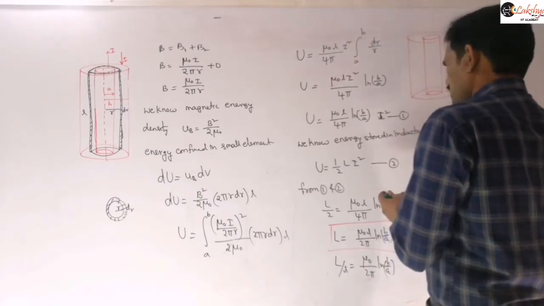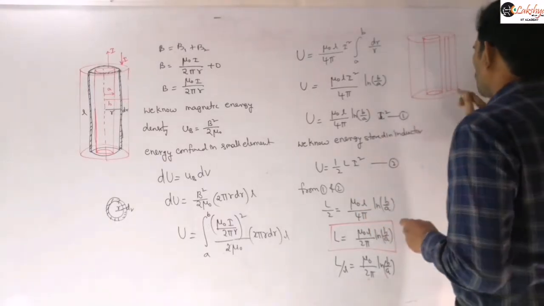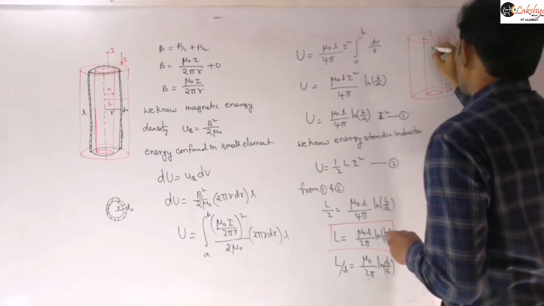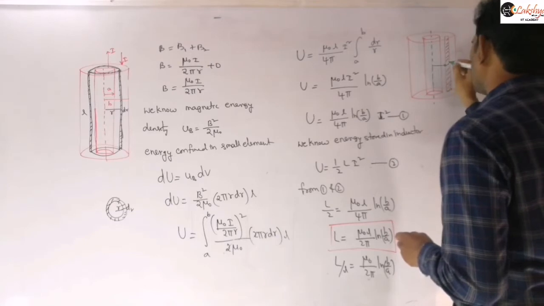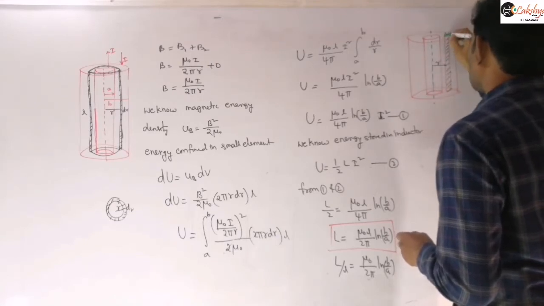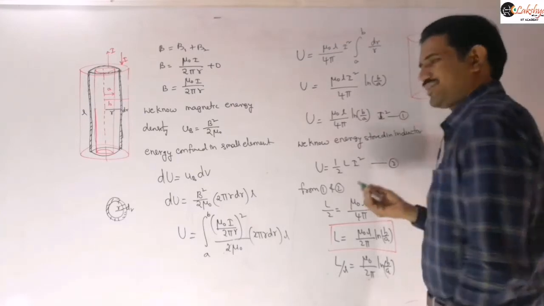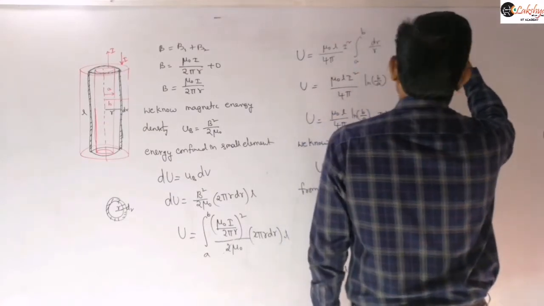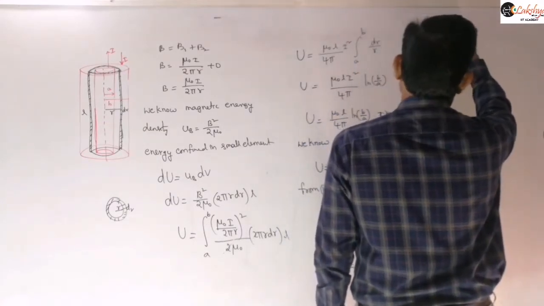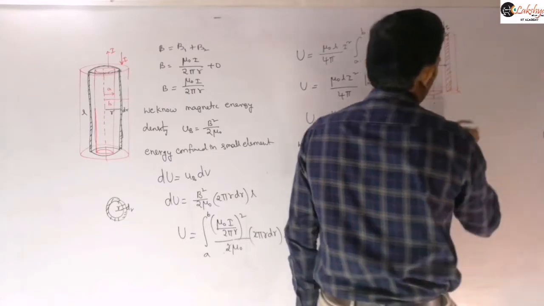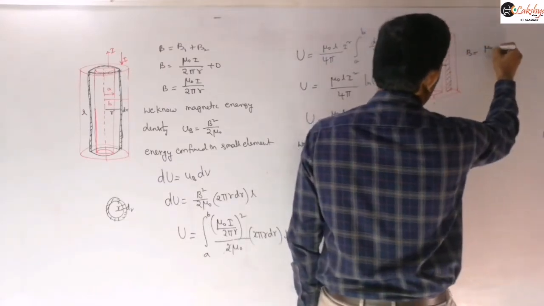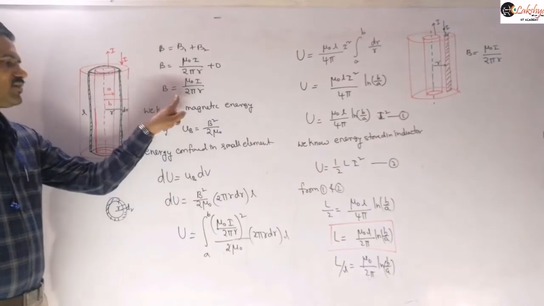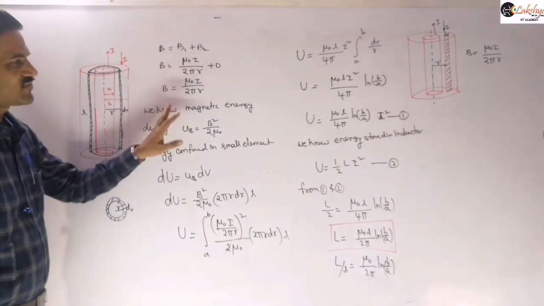So we are taking a small planar element there, at a distance of r from the axis, and its width is dr. Now let us write the flux passing through that small element. The inner shell is carrying current in the outward direction and the outer shell is carrying current in the inward direction. So the magnetic field at that point is mu naught I by 2 pi r. Again the same as before, only the inner shell's field is present, so this calculation will be the same.